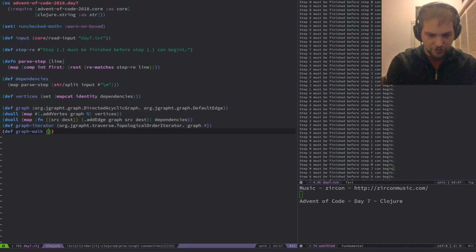I think we can do this by saying not reductions, just reduce, so for each new value, that's not going to work, is it?